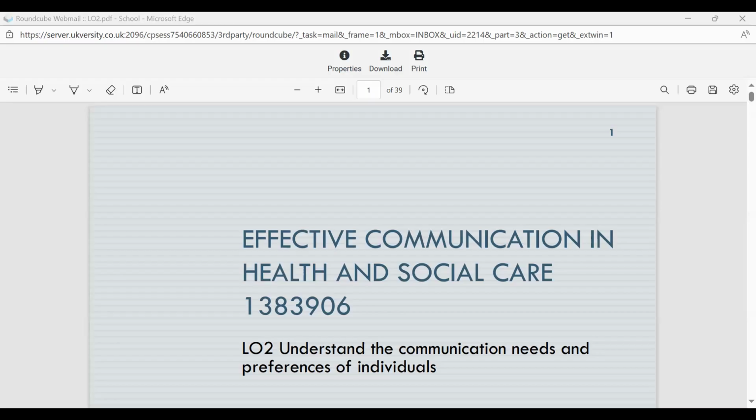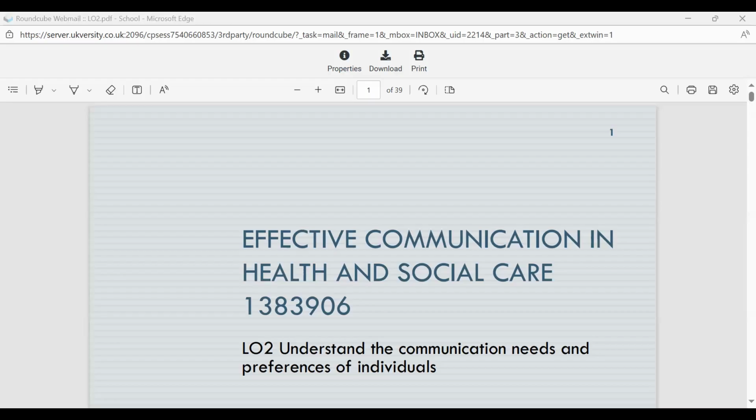We went on to look at the importance of communication in health and social care, making sure that we're ensuring safety for anyone and avoiding any misunderstanding or lack of information. It's really important that we promote person-centered care, make sure that the person is valued, and that everything is tailored around their individual needs and concerns, taking into account their feelings as well, because that's so important in person-centered care.